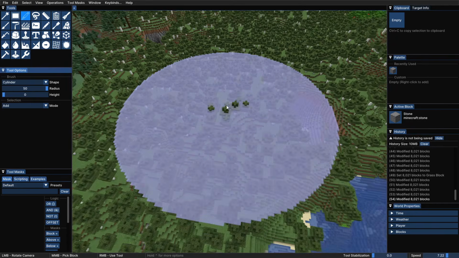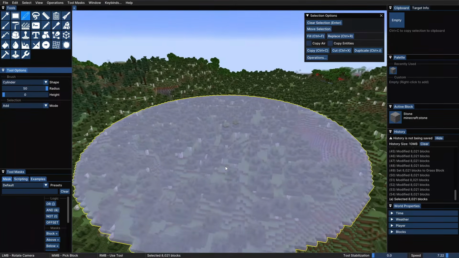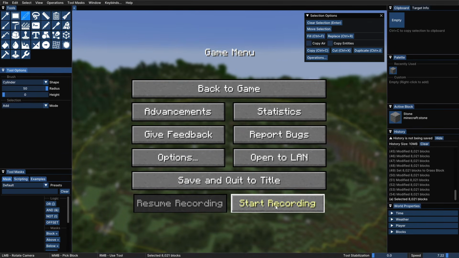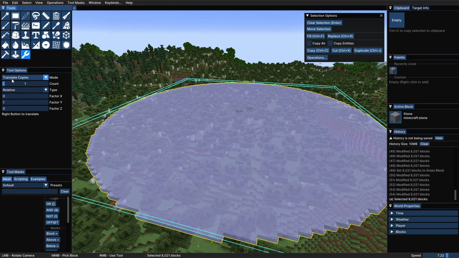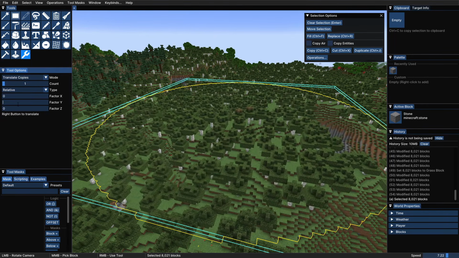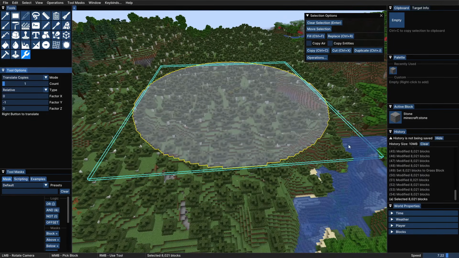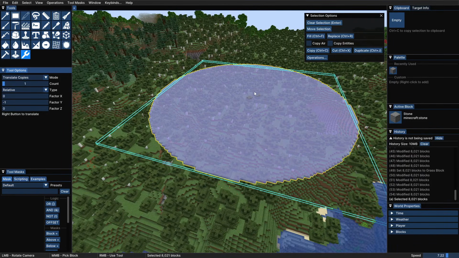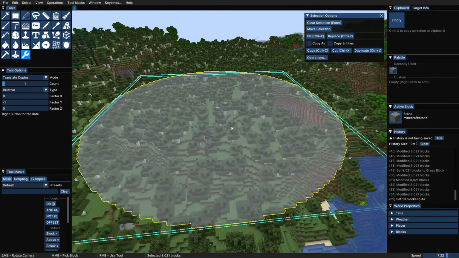So right here we have the 2 tallest trees in the area. Right click on them, and at this point you will start recording. I won't do that now because I don't need to, but you will start recording. Go to modify, translate copies right here, 1 count, and the Y factor put it to -1, everything else leave at 0. You will see the blue selection. Don't worry, it will still be a circle. And now just fill with air and right click